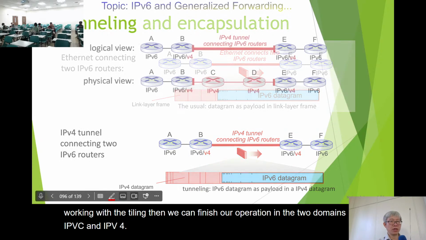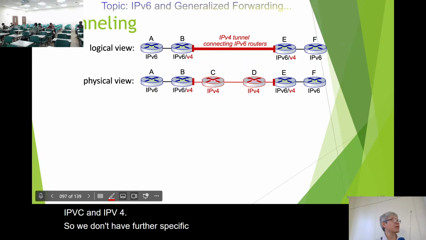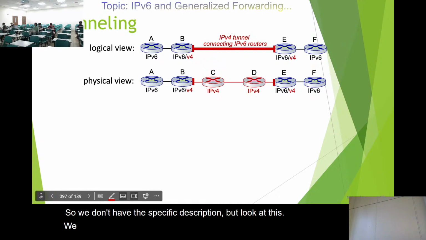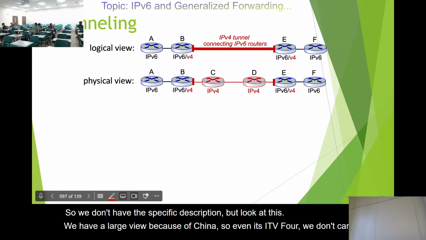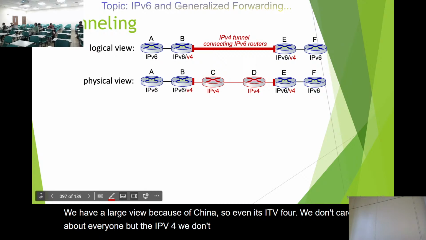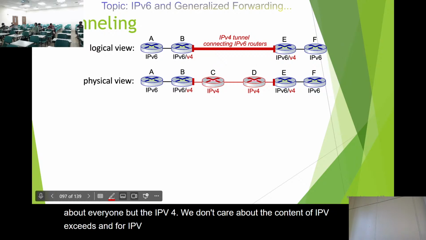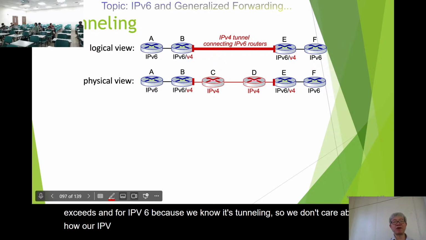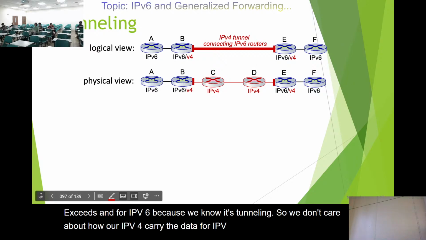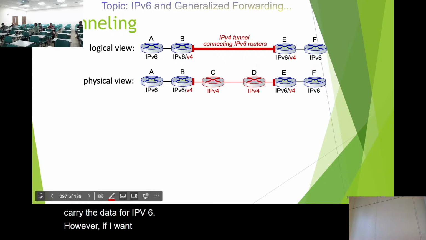So we don't have the specific description, but look at this. We have a logic view. Because of the tunnel, even though it's IPv4, we don't care about that one. Within IPv4, we don't care about the content of IPv6. And for IPv6, because we know it's tunneling, we don't care about how IPv4 carries the data for IPv6. However, if we want to know what IPv4 operates exactly,